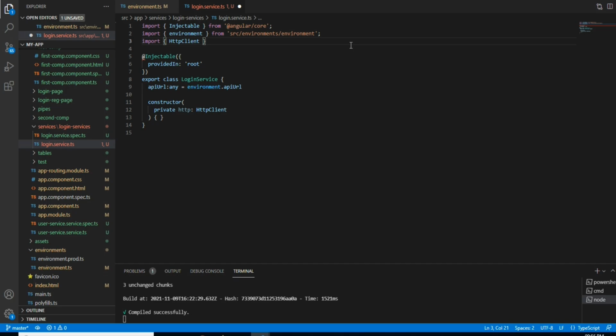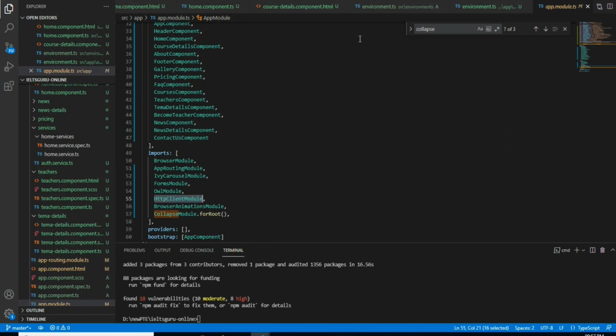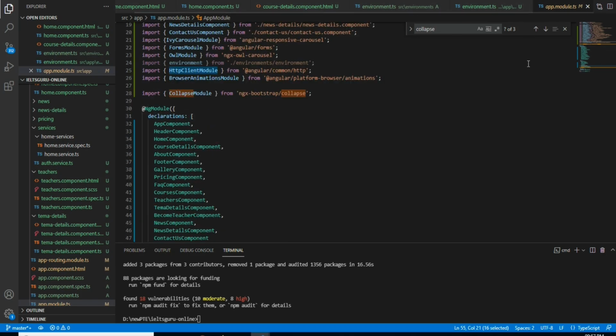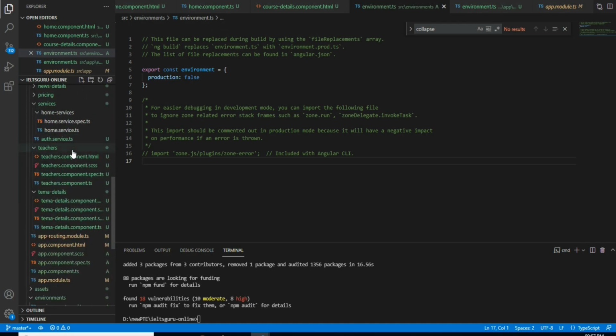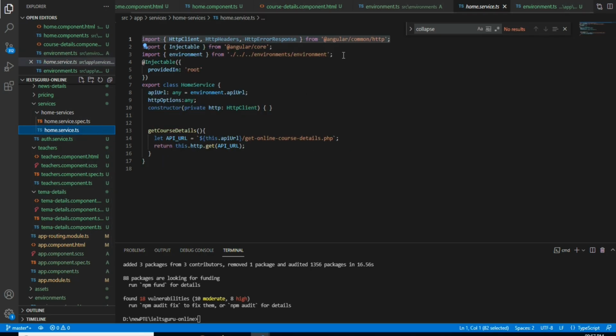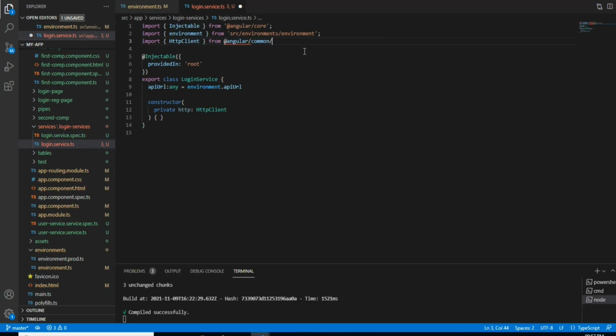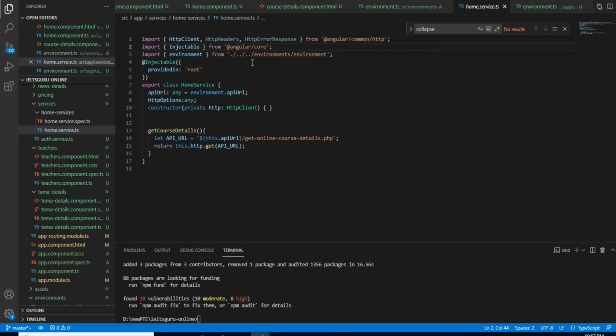From angular slash common slash http. Okay, got it.